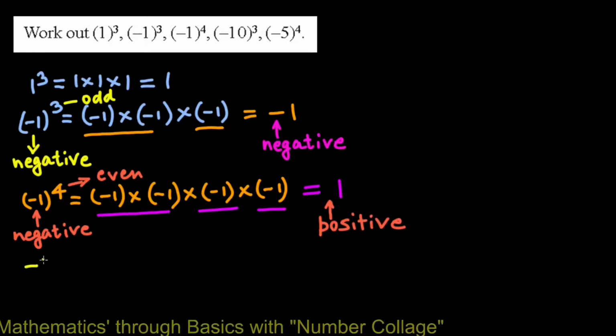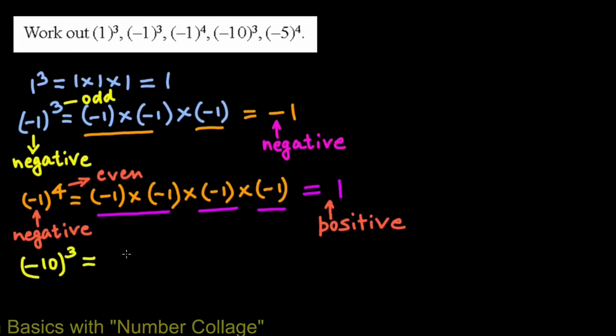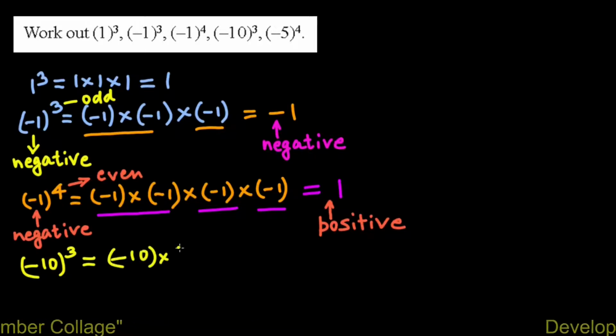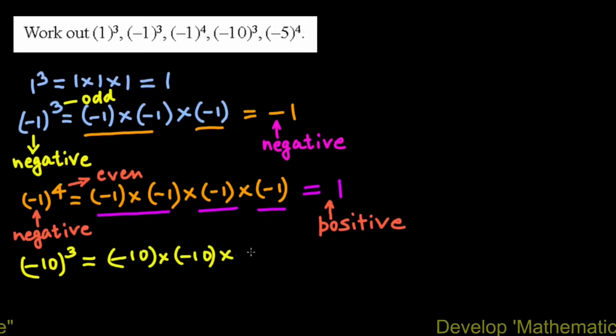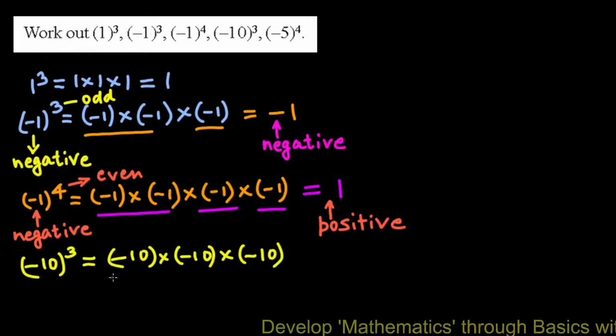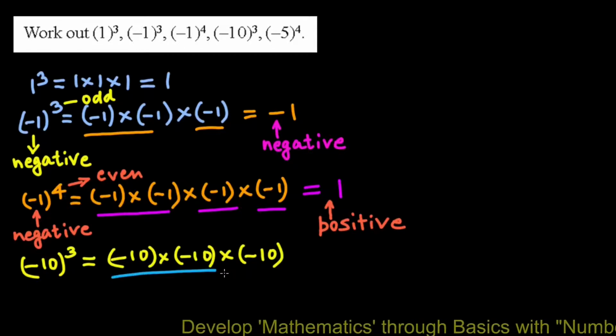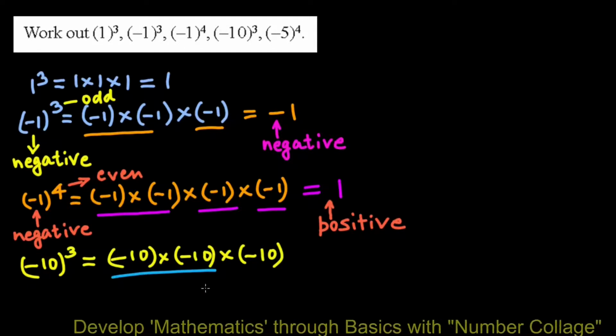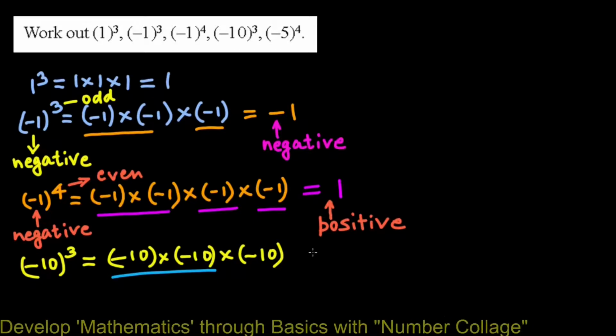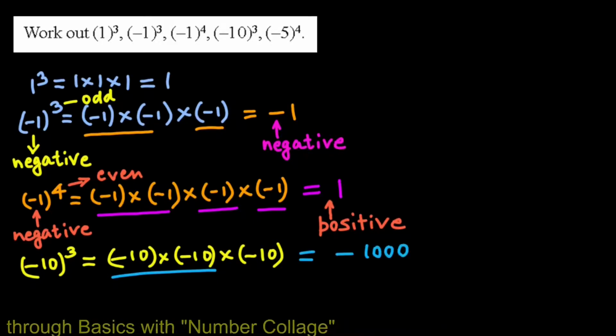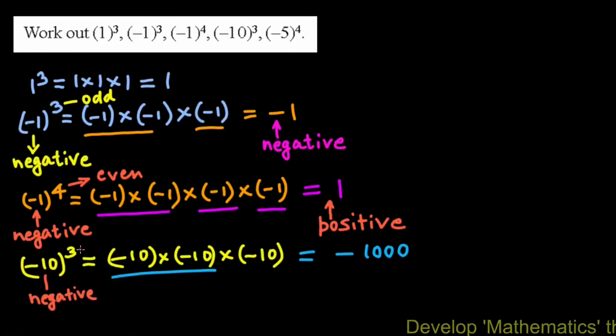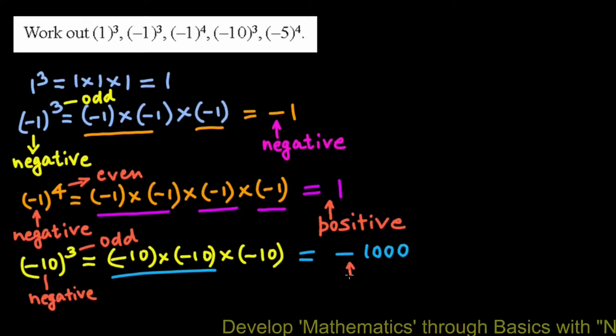Next is minus 10 cube. It will be minus 10 multiplied by minus 10 multiplied by minus 10. Minus 10 into minus 10 will be plus 100. 100 into minus 10 will be minus 1000. Here we observe that when the base is negative and the power is an odd number, then the answer is